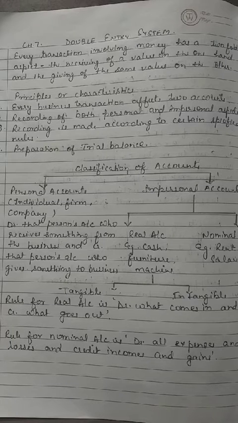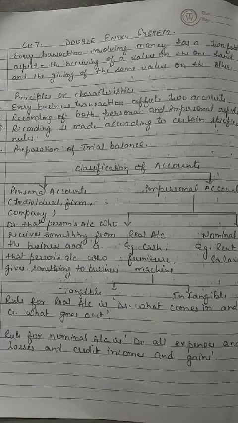For example, if furniture is purchased in the business, furniture is increased whereas the cash is decreased. There can be no transaction in the business which affects only one account or has only one aspect. As such, both the aspects of every transaction are recorded under this system. It may, however, be noted that double entry does not mean that a transaction is recorded twice, but it means that at least two accounts are affected by a transaction: one account receiving a benefit and the other account yielding a benefit.